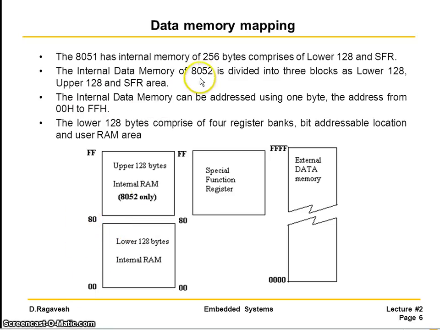The 8051 actually has 256 bytes RAM, plus there is a special function register area of 128 bytes. This RAM can be accessed using the direct addressing mode. The other has to be accessed through indirect addressing mode, which I don't want to discuss more in this video. When the time comes, I will let you know about it.